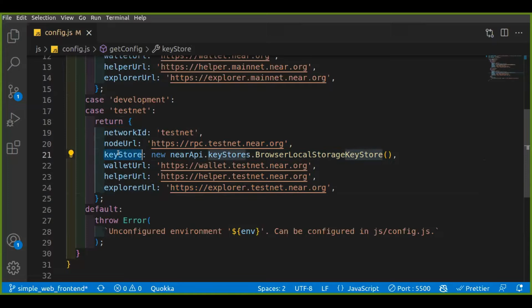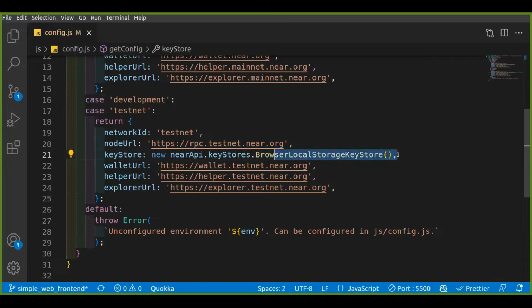Now, we have three ways you can store these access keys. One is browser local storage. In this case, the access keys or the public keys that your app is going to generate to sign transactions are all going to be stored in your browser. So that's why we have the browser local storage keystone